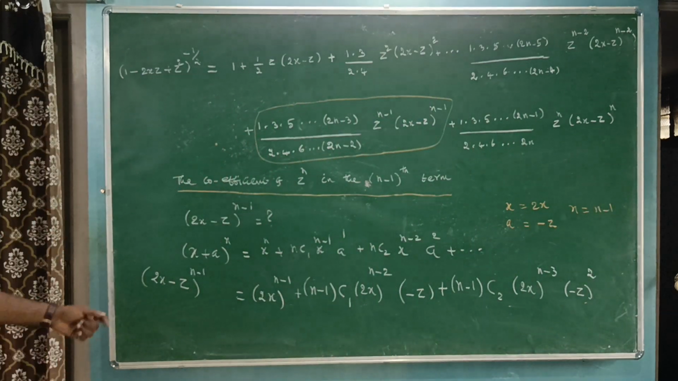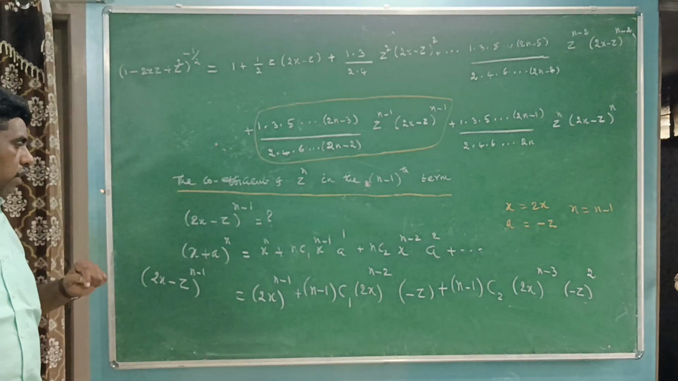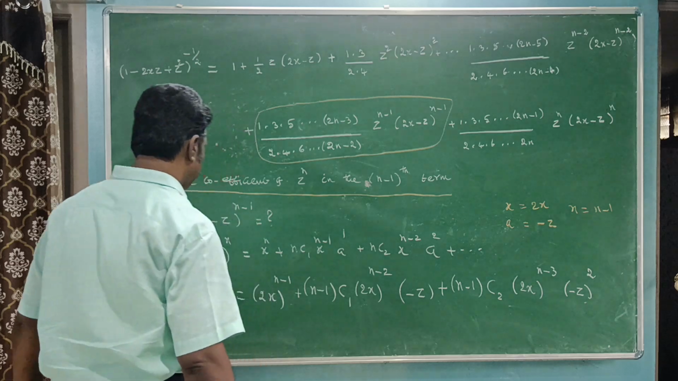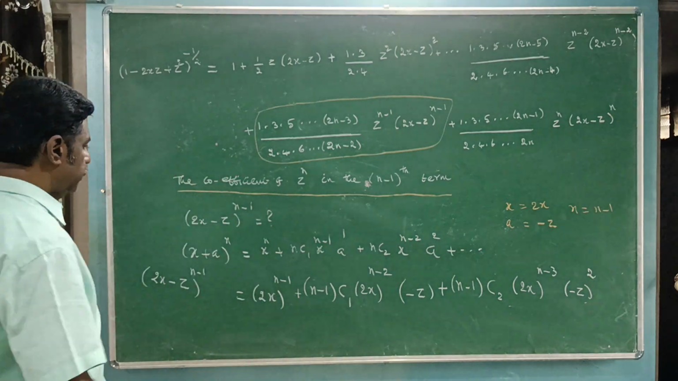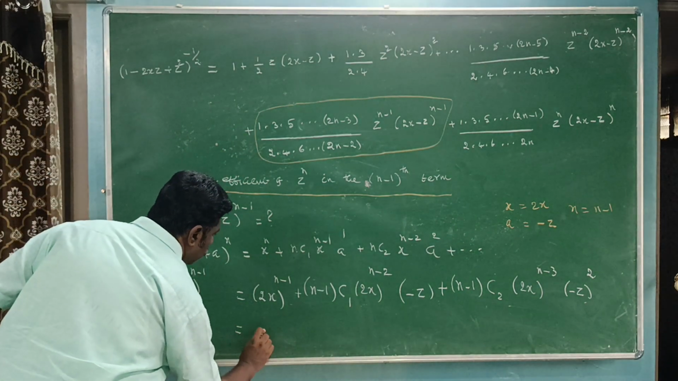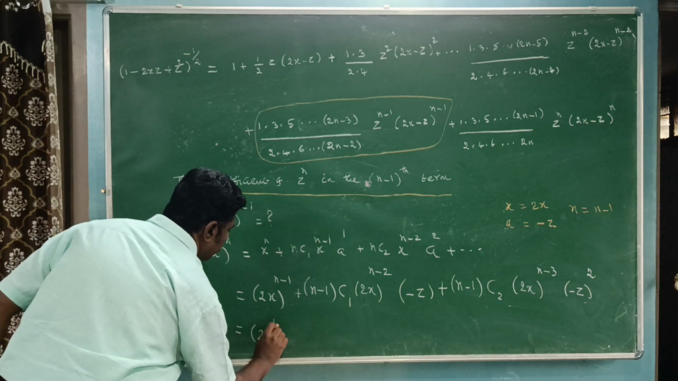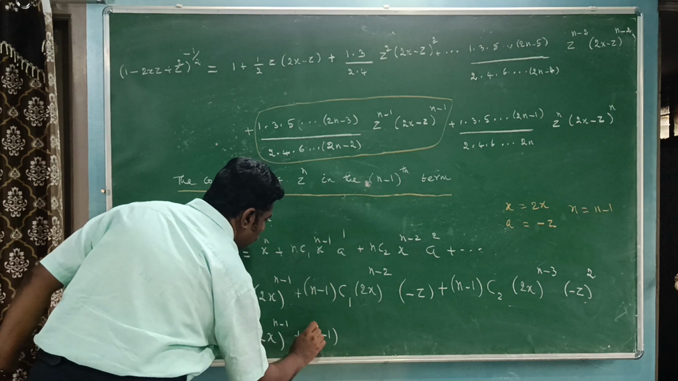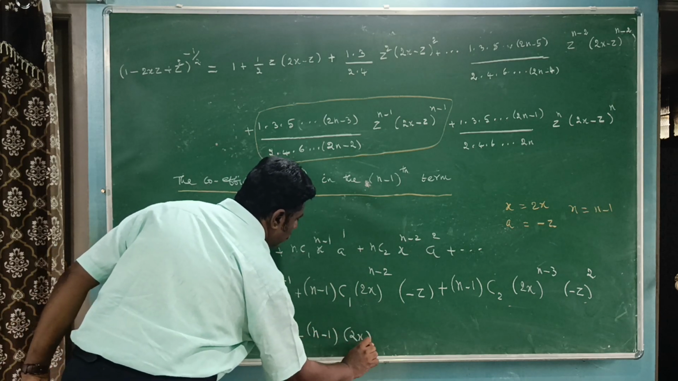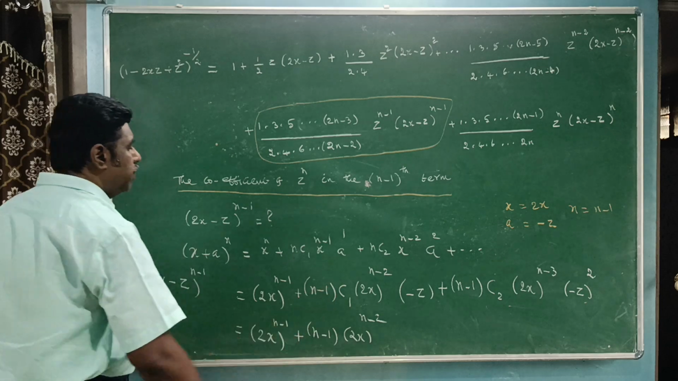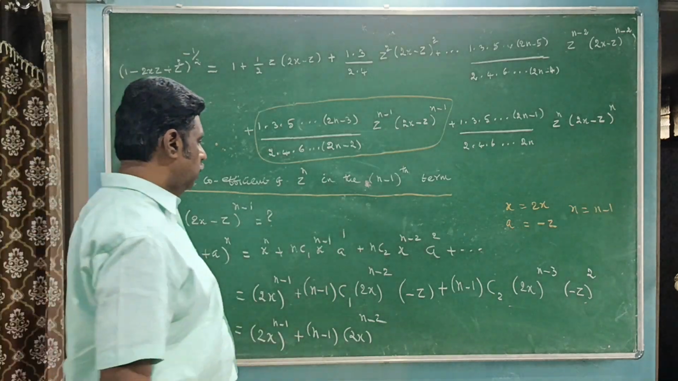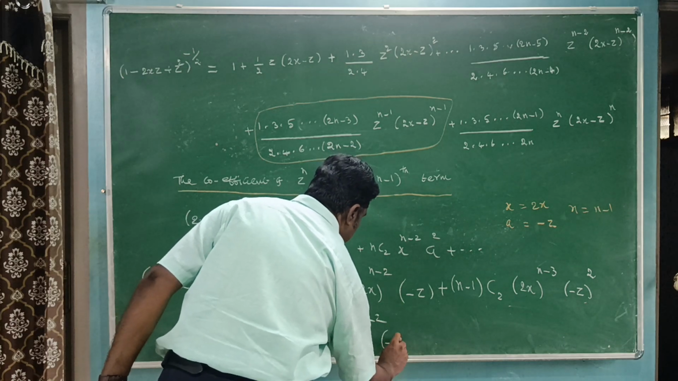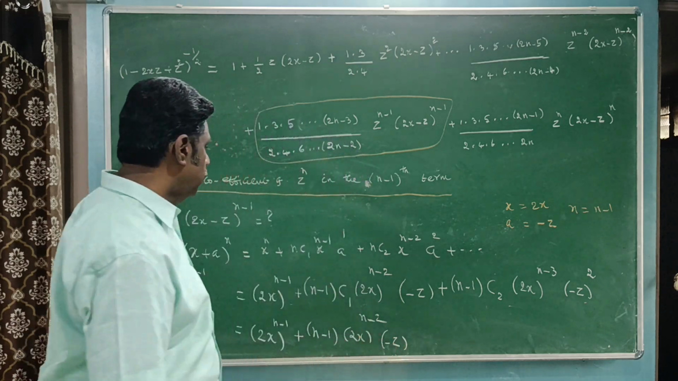This is the expansion of this term. If you expand this further, you may get 2x power n minus 1 plus n minus 1 into 2x power n minus 2, because n minus 1 c1 is n minus 1 into z. This minus z is present. The negative sign, minus z